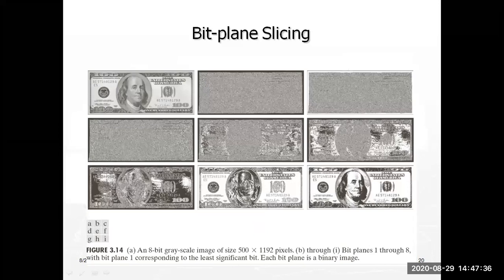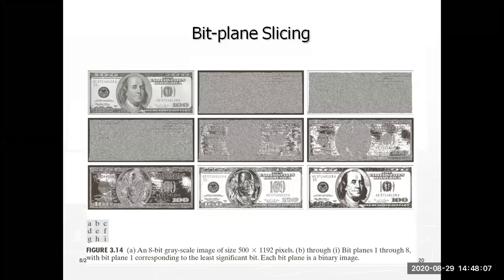Now we are applying the bit plane slicing transformation technique. Here I am showing how many images? 3 plus 3 plus 3, 9 images. In these 9 images, my first image is an 8-bit grayscale image. As I already told you, after conversion the image is digital, and each pixel value has how many bits? 8 bits.